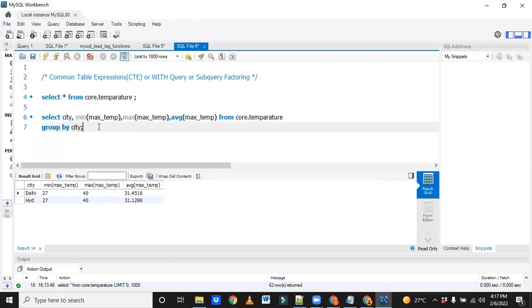Many people already know how to write this query, but where do we have to implement CTE? Generally we use CTE in recursion, when we are using a condition or querying the data recursively. Then we have to use this CTE concept. That is one case. The second one is